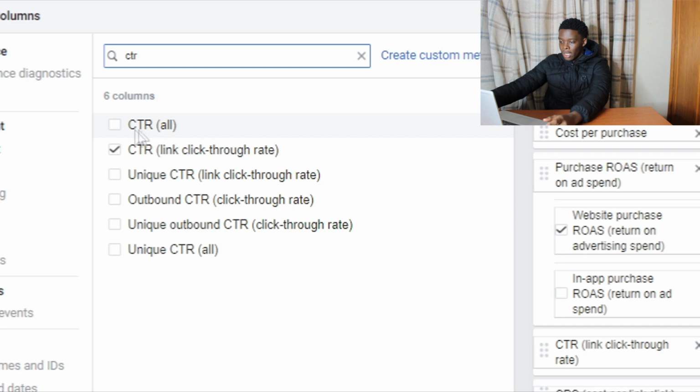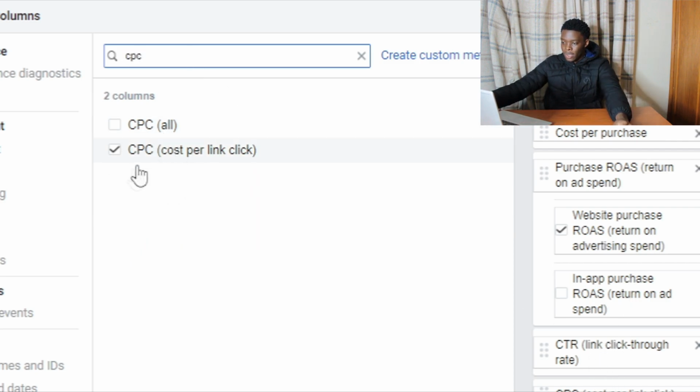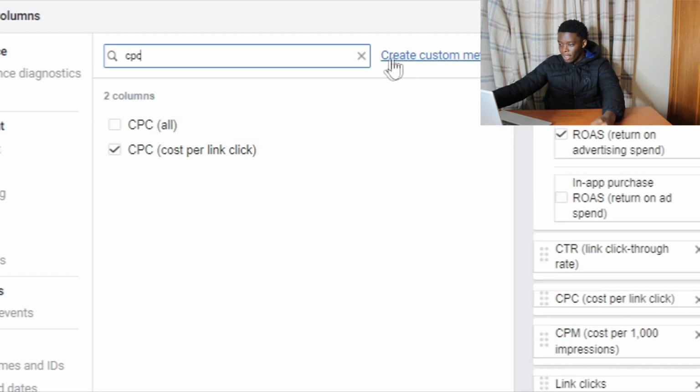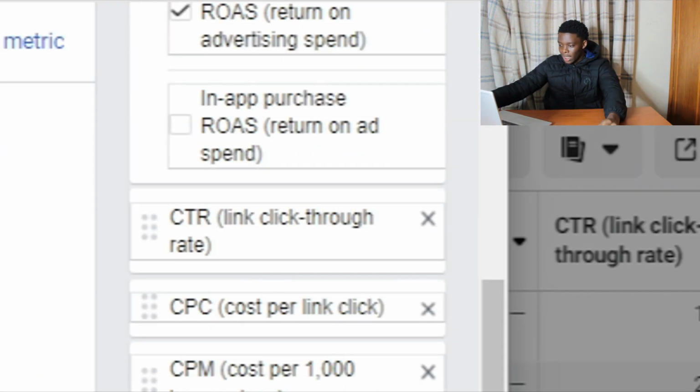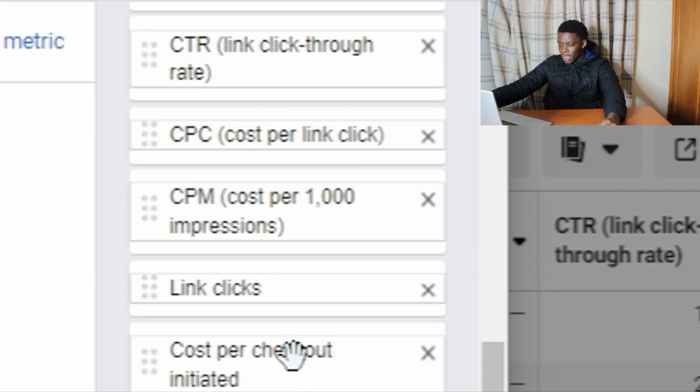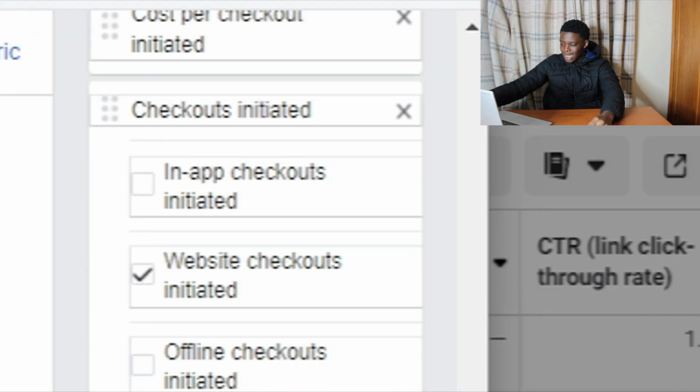Next is your CTR, and make sure you select link click-through rate, because when you actually search for CTR, there are all of these. So you want to make sure it's on the link click-through rate. And the same thing for CPC. You don't want to select CPC all, you want to select CPC cost per link click. Next, CPM, cost per 1,000 impressions, link clicks, cost per checkouts initiated,